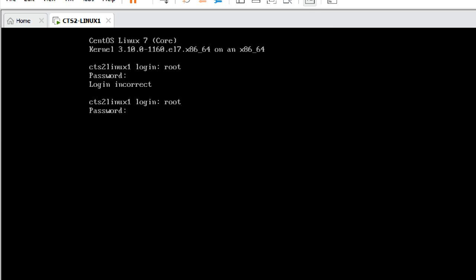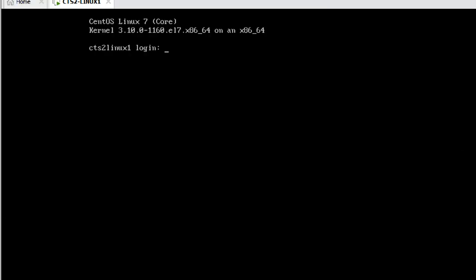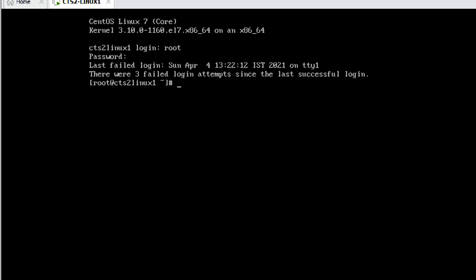So just type the password admin@123 again.